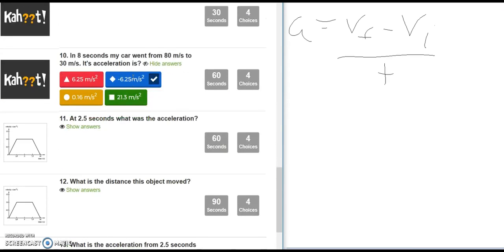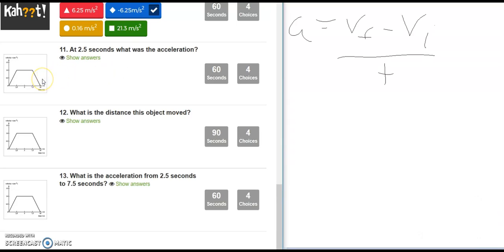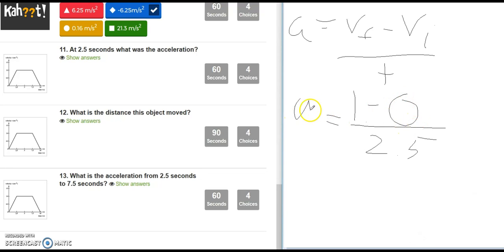Alright, well, let's just do it quickly. At 2.5 seconds, what is my acceleration? So, we know the time. We're going 2.5 seconds. We went from 0 to 1. So 1 is my final at 2.5 seconds. 0 is my beginning. So A equals 1 over 2.5. So what I'm going to have to do is I'm going to